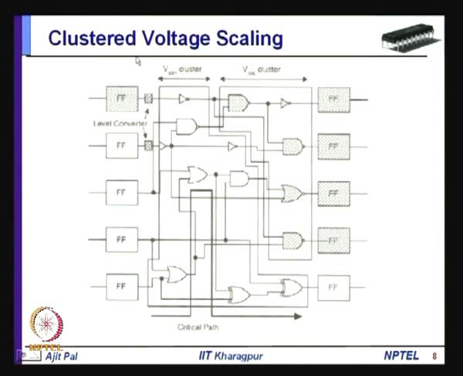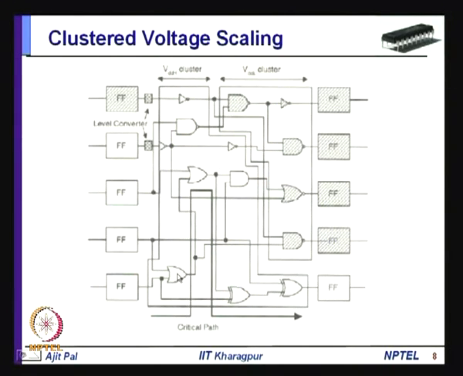Now, this shows how different gates are clustered. Normally, the gates which are assigned high voltage levels are clustered in one place. Similarly, gates on the low voltage levels are clustered in one place, because you have to apply power to them. Unless they are clustered in one place at the time of placement, routing will be difficult, and providing power to them will be difficult. That is the reason they are clustered together.